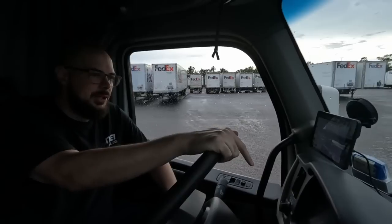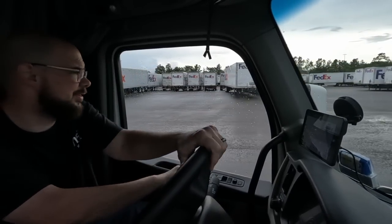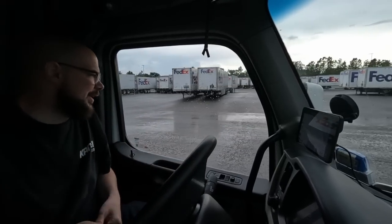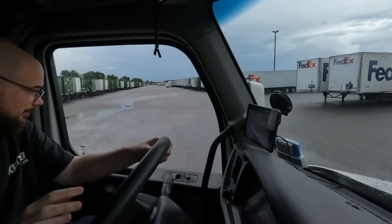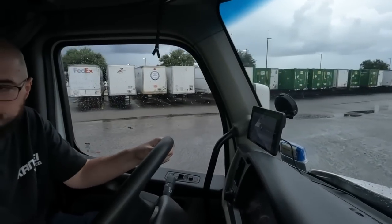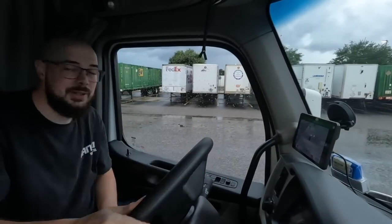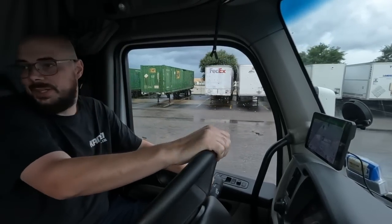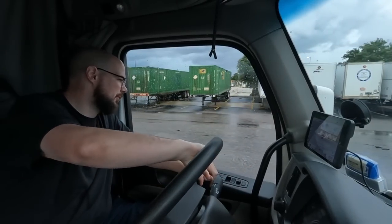The newer one over here had some really bad tires. The inspection didn't even have a month on, because it always has a month and date sticker. It doesn't even have the month on, so I don't even know how old the inspection is. This one has been inspected at Laredo, which doesn't really mean much, but the tires, oddly enough, look all brand new. So as long as the lights are good, everything else checked out really well, surprisingly. So somebody has put some money into this one recently,